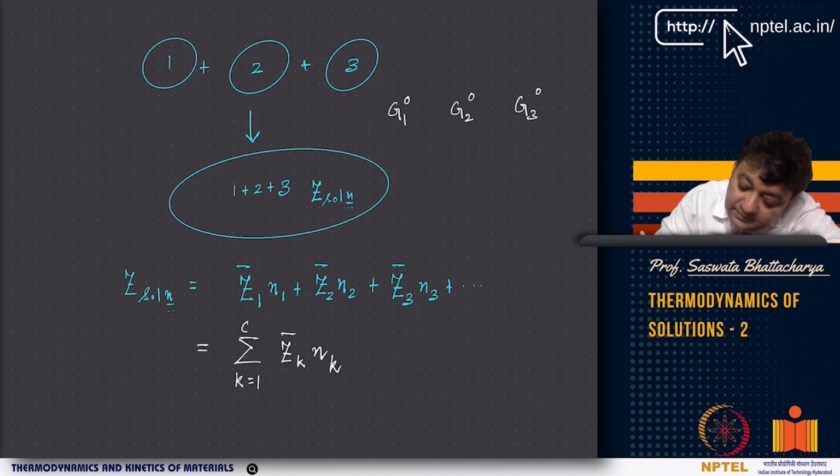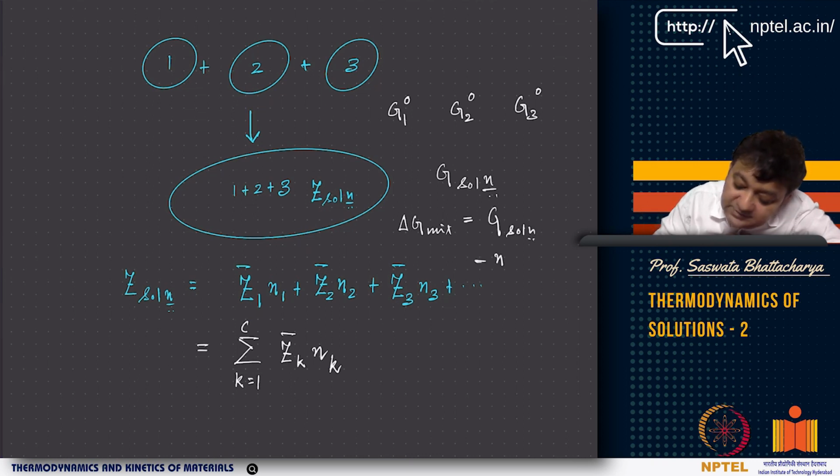Now, components 1, 2 and 3 before mixing. So these are the standard states, like 0, 0 and 0. That's why I have put the superscript of 0. Now I have mixed them, and I am looking at G solution. Now if I know Z solution, I can measure the Gibbs free energy of the solution. Then delta G mix equal to G solution